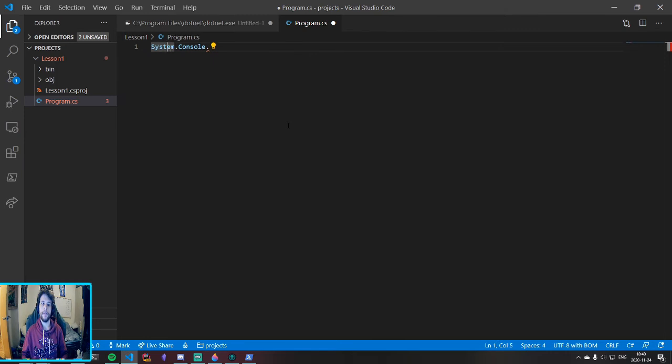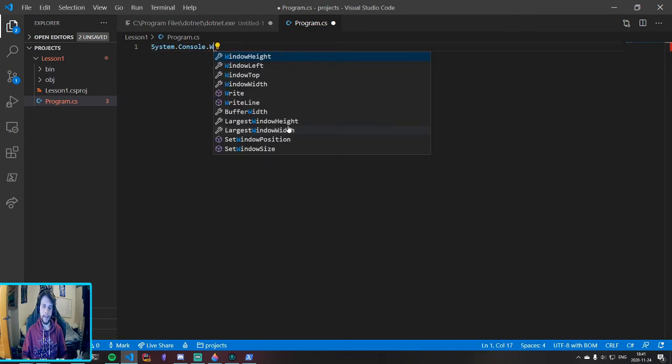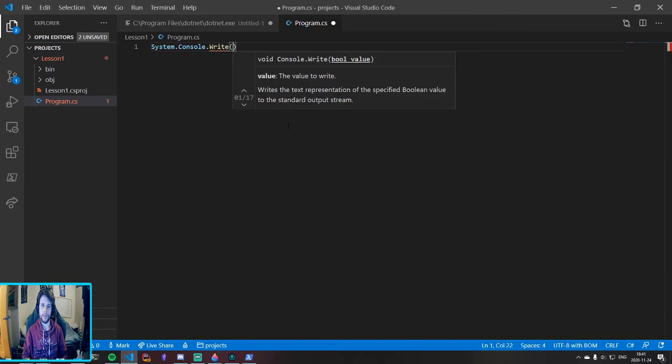So, System here is a namespace. Console is a class within the namespace System. And here we are calling into what is known as a function. The function is called Write, and when we open these parentheses here in VS Code, it actually gives us a cool list of things that we can pass into